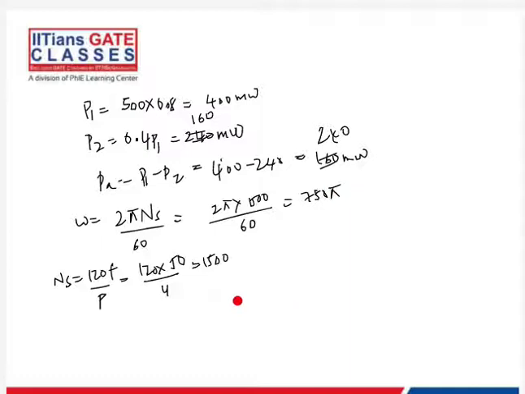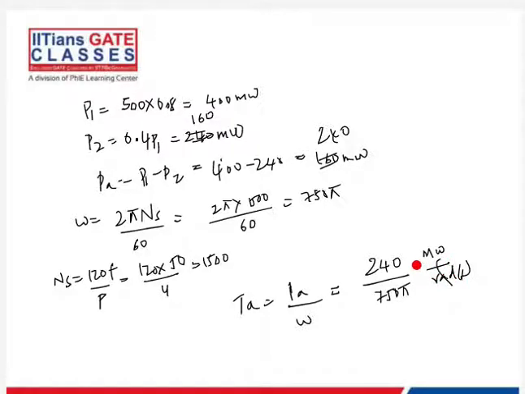So what is TA? TA is PA divided by omega. If you do that you will get it as